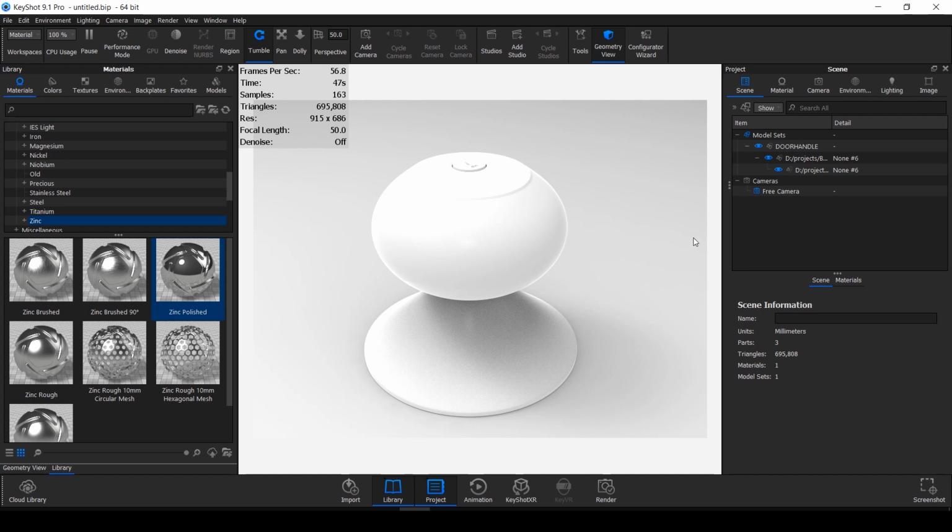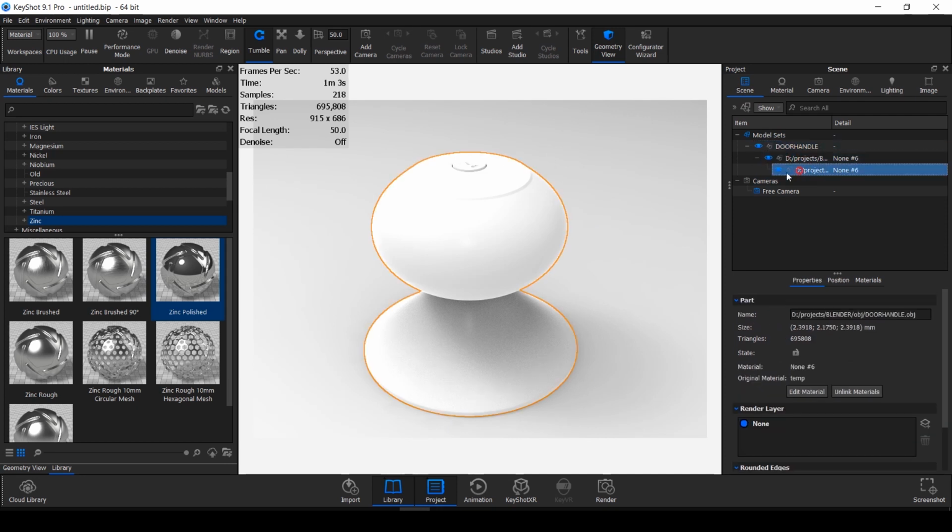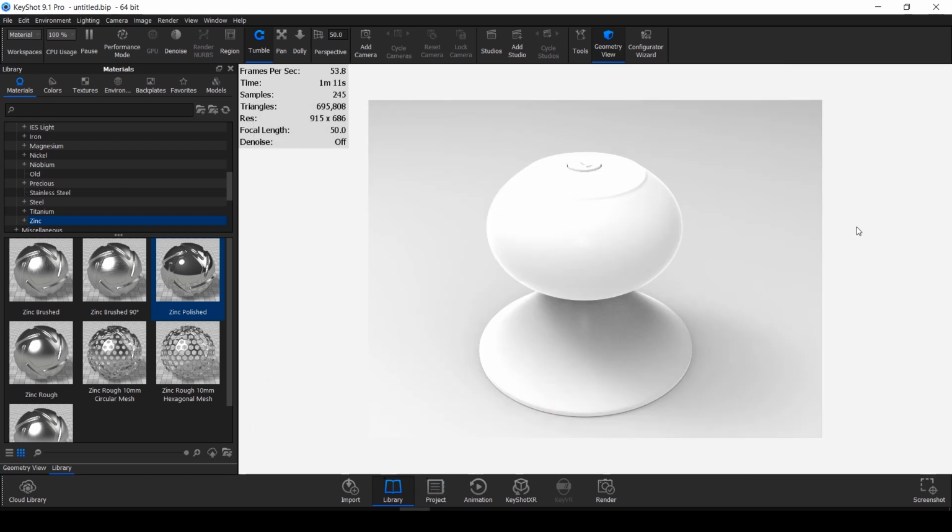Suppose here I have imported a door model, okay, which I have modeled in Blender. Now, in this right window, when you go to scenes, you can see that we have only one object. You can see the highlighted preview here. Okay. And if you are unable to see this window, simply press space.